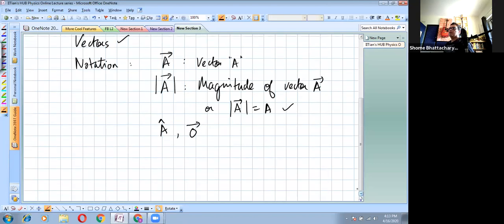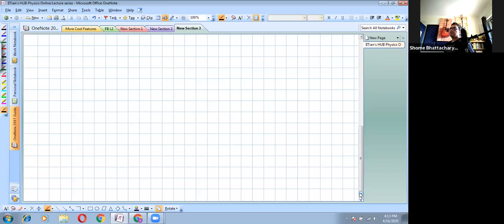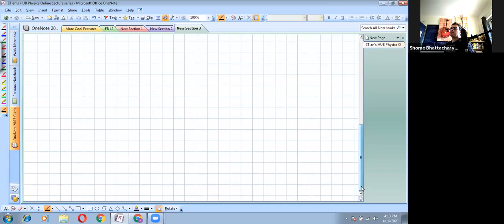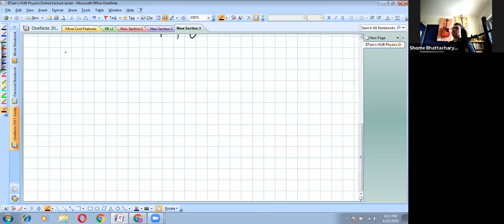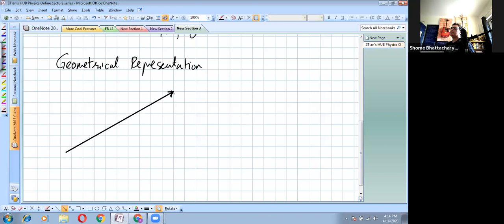Then the next thing, where the real important part of the lecture started last time, was about the representation of vectors. So we saw one type of representation last time, namely the geometrical representation of vectors. In geometrical representation, we represent the vector by an arrow, a geometrical quantity that we can draw on a piece of paper, in a two-dimensional view. That arrow is used to represent the vector E in such a way that the length of the arrow is directly proportional to the magnitude of vector E.